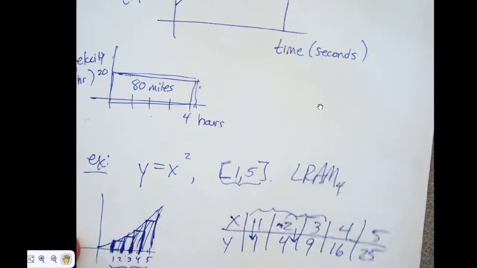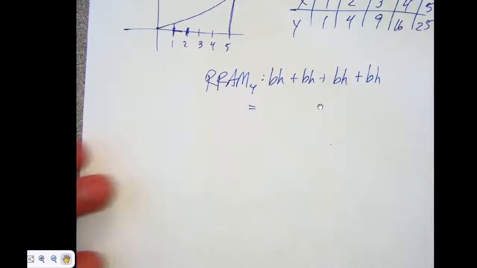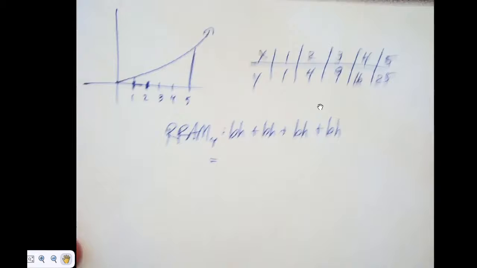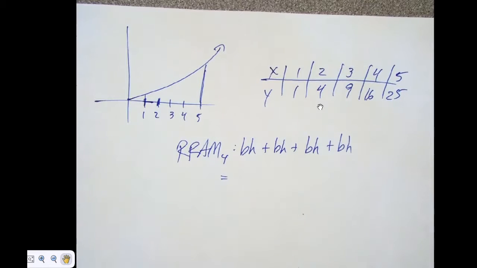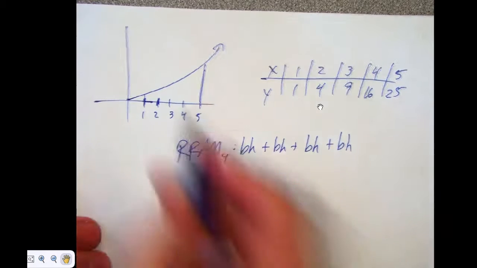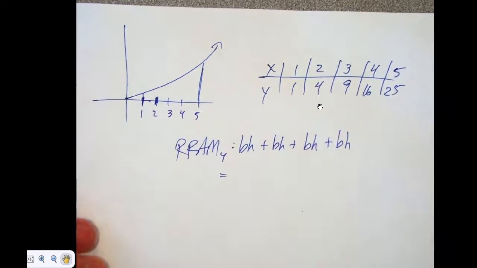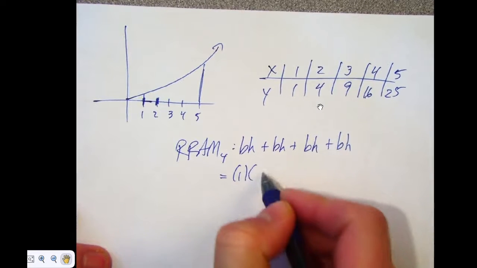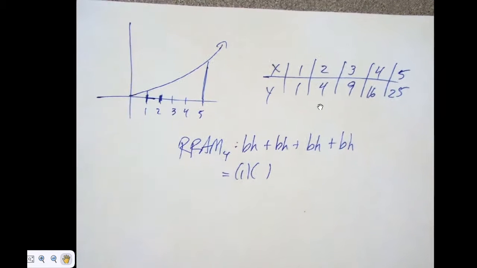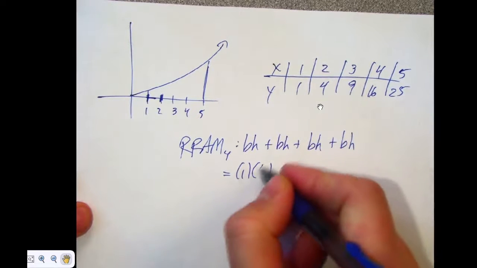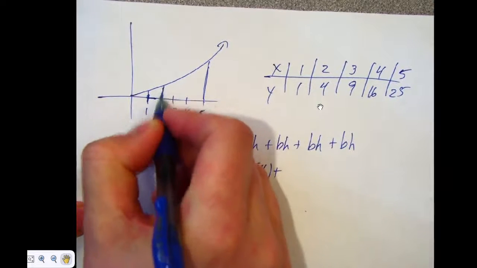The only reason is because when I started the problem, I said we're going from 1 to 5. You don't just get to pick whatever you want. No. I decide what's going on. So from 1 to 2, what's the base? 1. What x value determines the height? 2, and what is that height? 4. And then, so if I'm drawing it now,